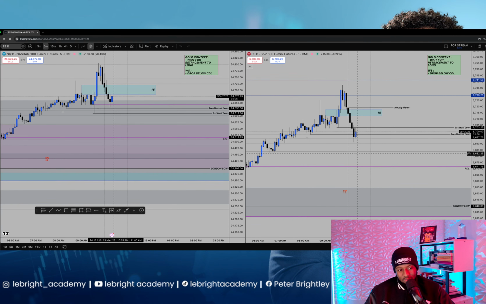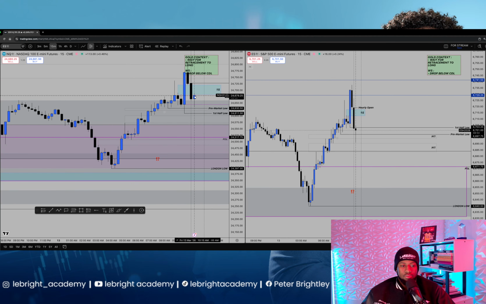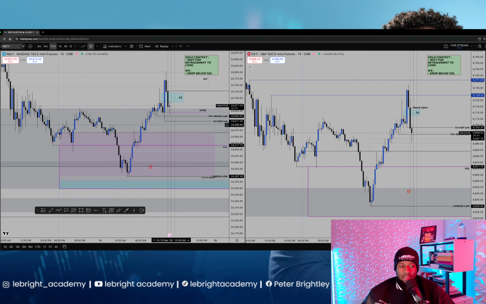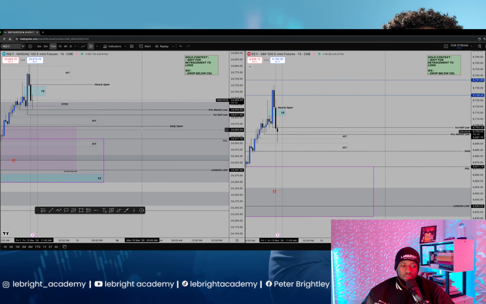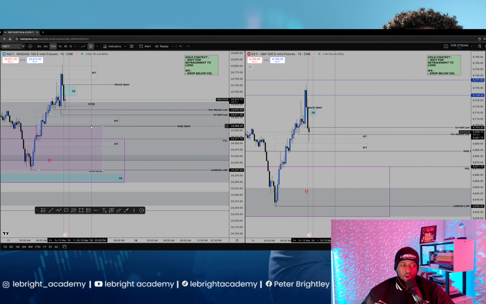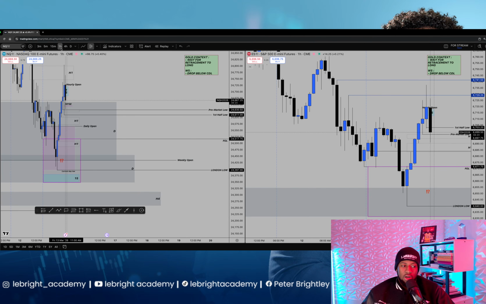Well, it happens. So now the market is coming back to this inversion. I'm not bearish right now, which means I can't really pay attention to it. I still have this context in place. Wait for retracement. So of course I expect a retracement. The only thing I don't want to see is the retracement breaking the daily open, like in 15 minutes or 1 hour. I don't want to see that.